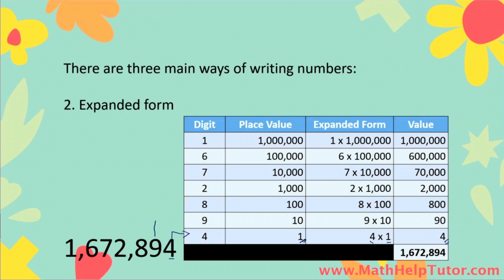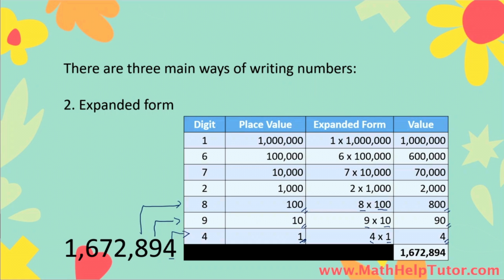For the digit 9, in the tens place, which has a place value of 10, we show that the digit 9 is multiplied by the place value, which gives us a total value of 90. And then we have the digit 8, which is in the hundreds place, and it has a place value of 100. So the expanded form is we show the digit 8 multiplied by the place value, which gives us a